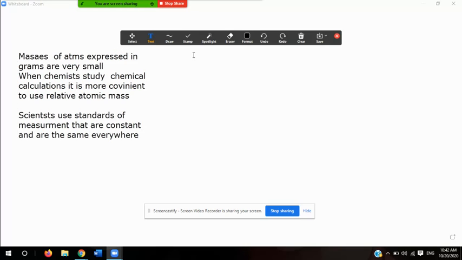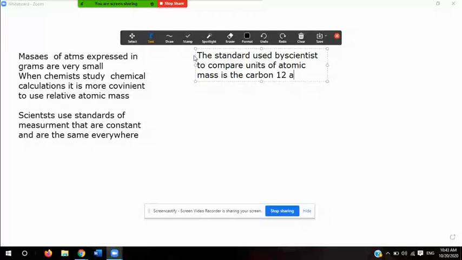And the standard used by scientists to compare units of atomic mass, and this is very important, is the carbon 12 atom, which has been arbitrarily assigned a mass of